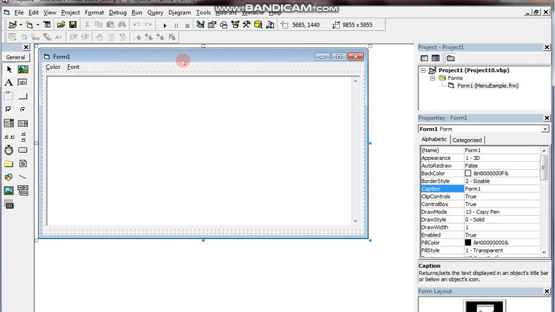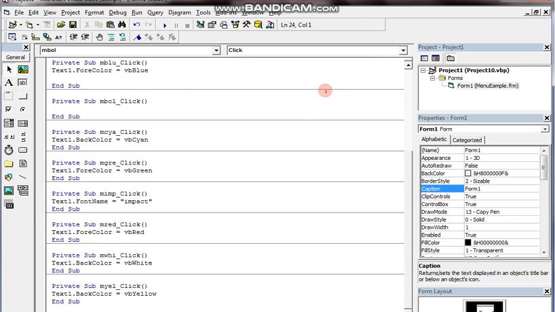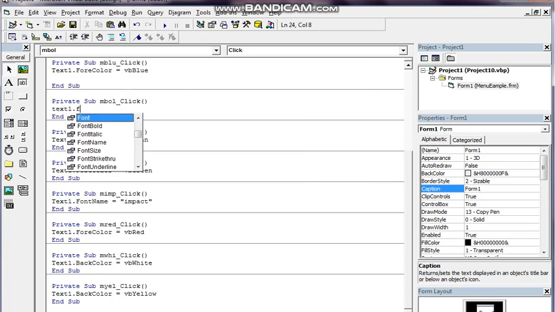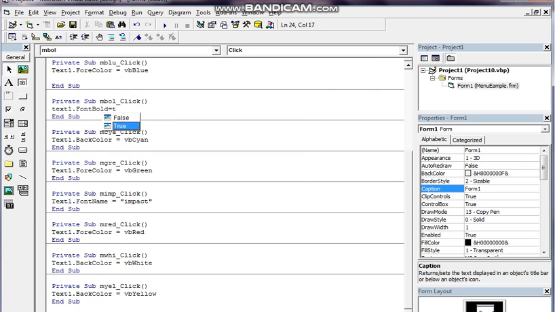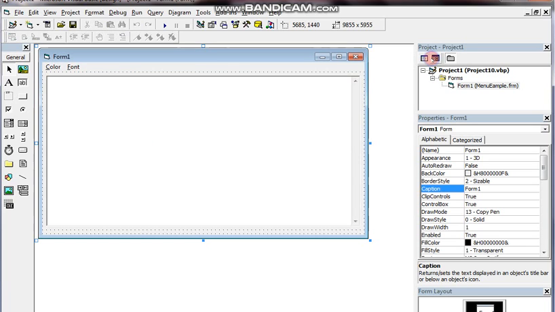So for style, we have to choose bold, italic and underline. When you click on the bold, italic and underline should not work. So click on the bold and specify here text 1 dot font bold. You have to make it true. Fine. Okay. Next, let's go to